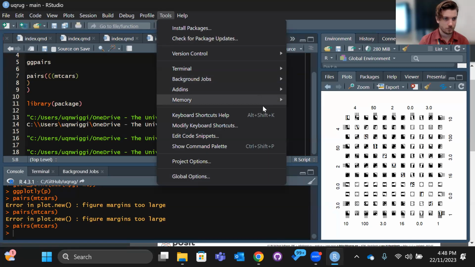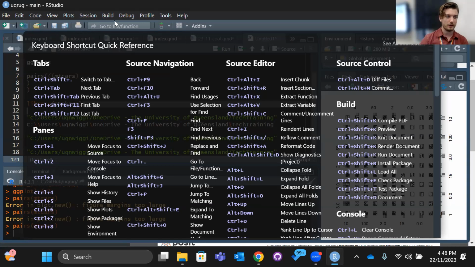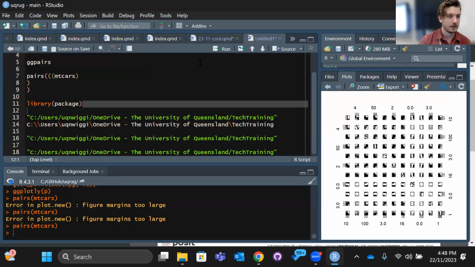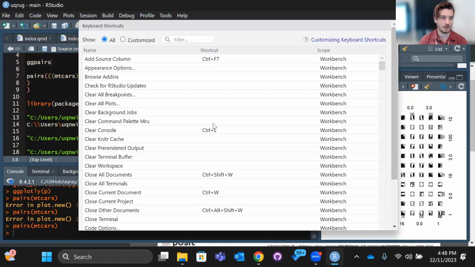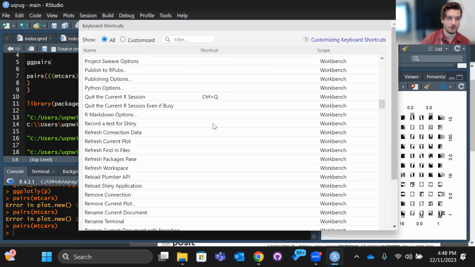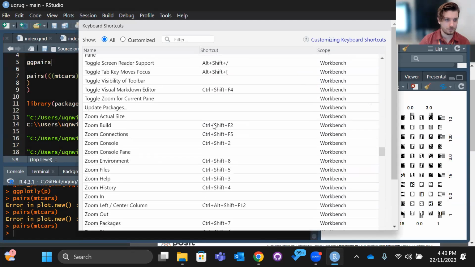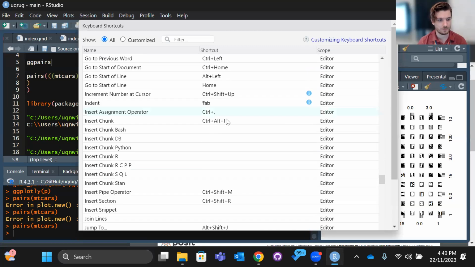Press Alt Shift K. There is a really hard to read shortcut reference. If you click the thing in the top right, you can see all of the shortcuts. Ah, in HTML. Yeah. Zoom is being really annoying. You can also modify your keyboard shortcuts and see all of the different potential shortcuts that you could ever do. Are there warnings on overlaps? Yeah, I think so. There's potentially overlaps and things like that.